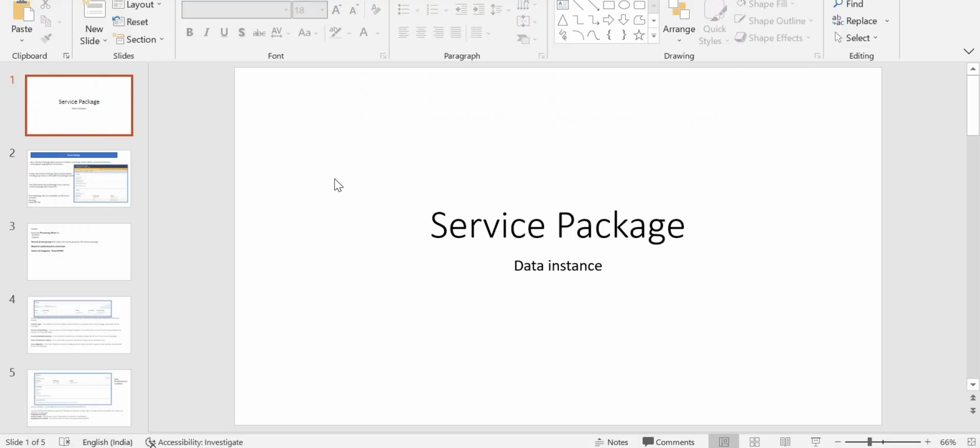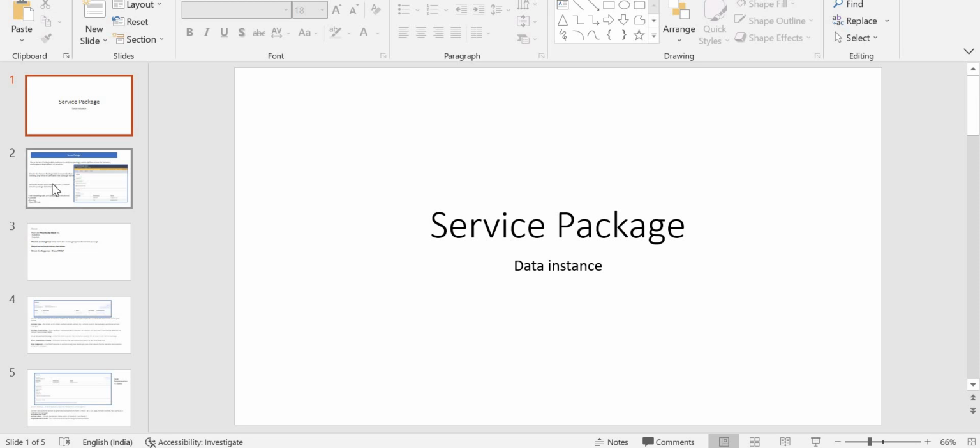Welcome all. So we are just moving into the integrations, and in this I am going to tell about service package. So when to use service package? Basically, whenever we want to run a rule, we require an operator and all. But whenever you are talking about processing any services, definitely we need to have this service package.